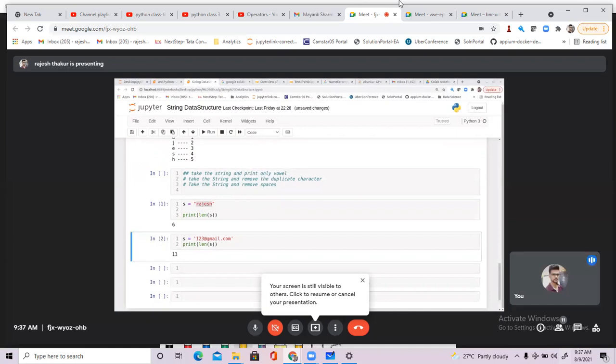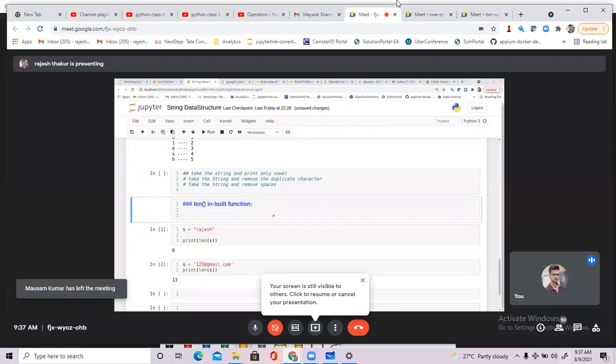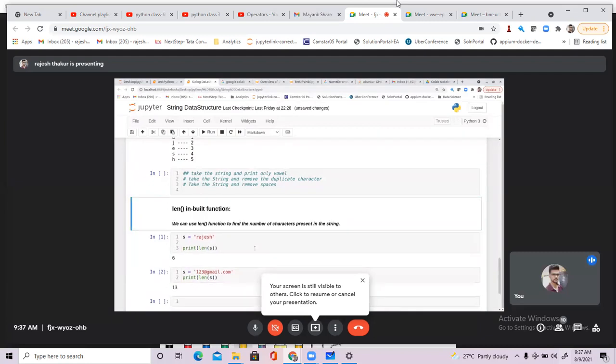We can use this len function to return the length of the string. Let me make a markdown. Ctrl M-A. Len is an inbuilt function, and the len function will always return the number of characters in the string. Cool? So this is that example.